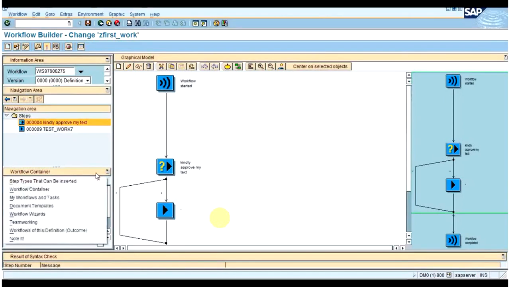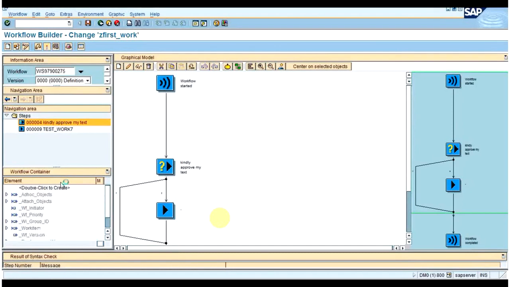So you can copy the task and change the description and the container elements, but you cannot modify the standard task. It won't allow you to modify. So I will show you on Monday how to copy the tasks and how you can change the description. If you want to customize it, you can customize it. Let me show you the standard task of the user decision which is available and given by SAP.